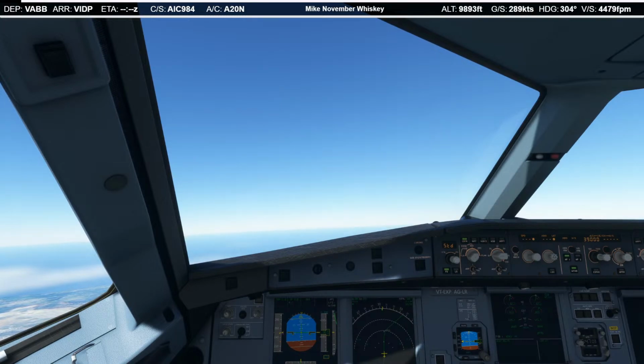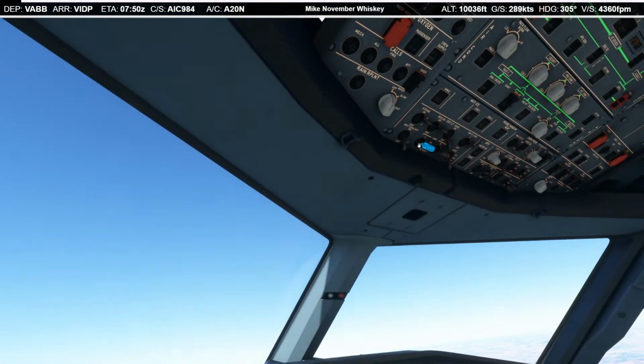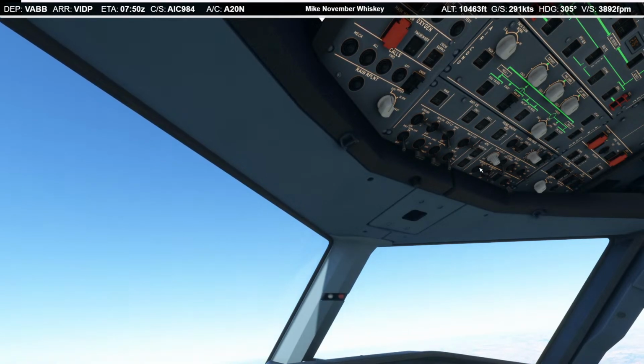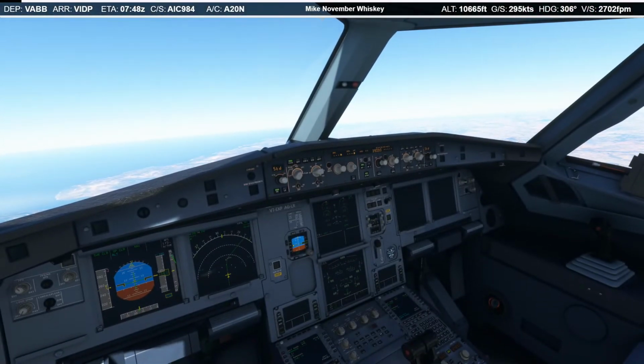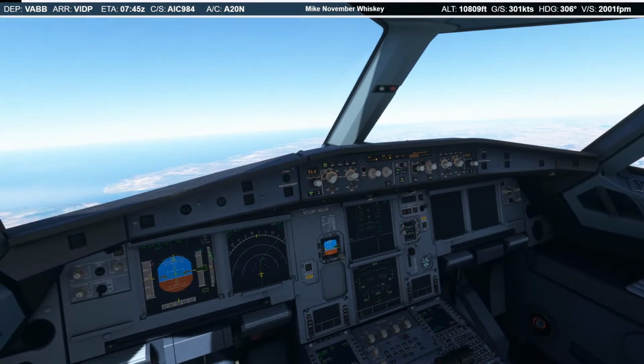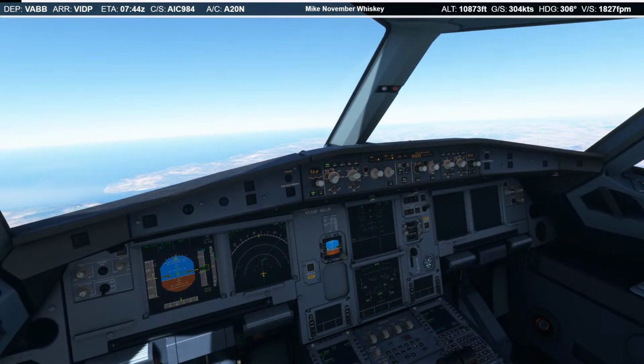Do 10,000 feet checks, landing lights retract. Seatbelts as required, return them off for now. ECAM memo is clear, nav aids not applicable. Alright, 10,000 feet, checks complete.